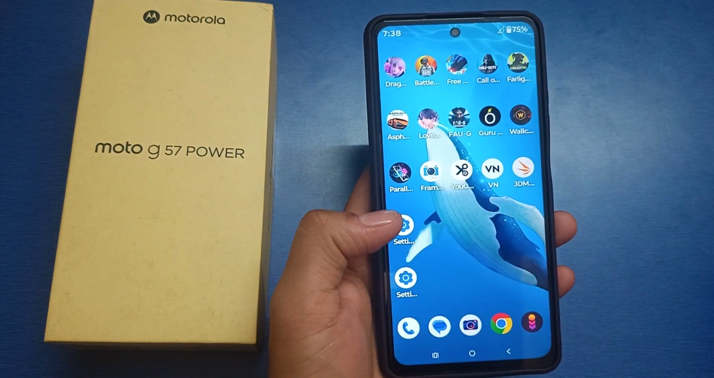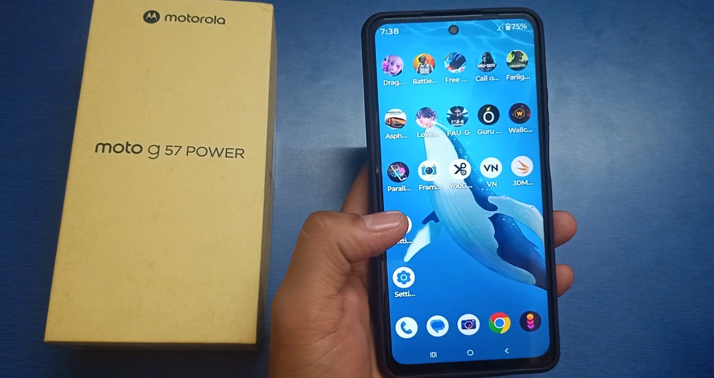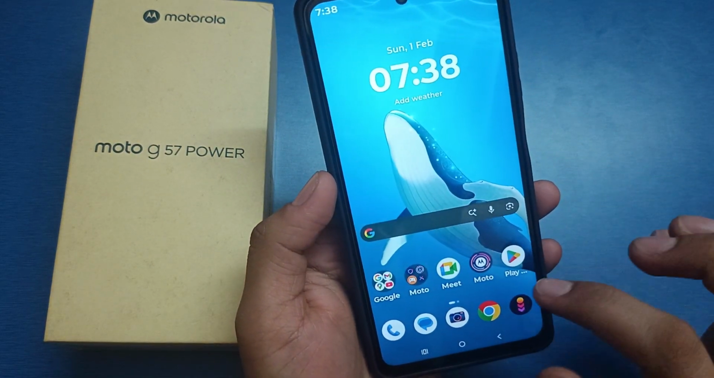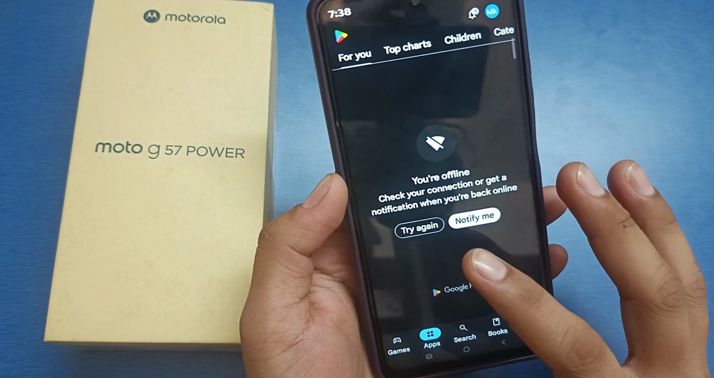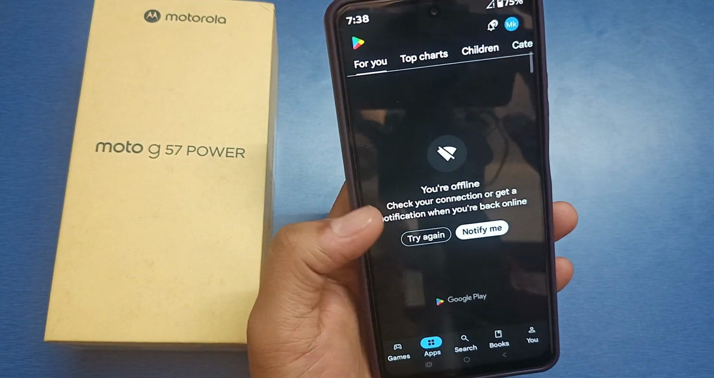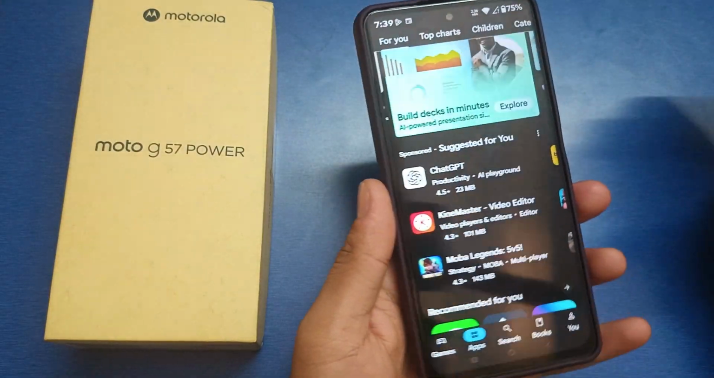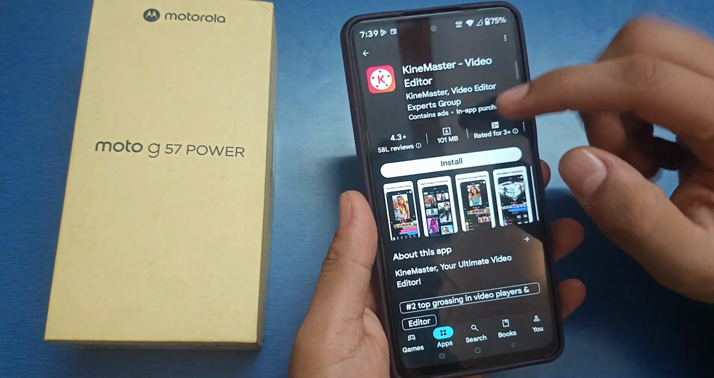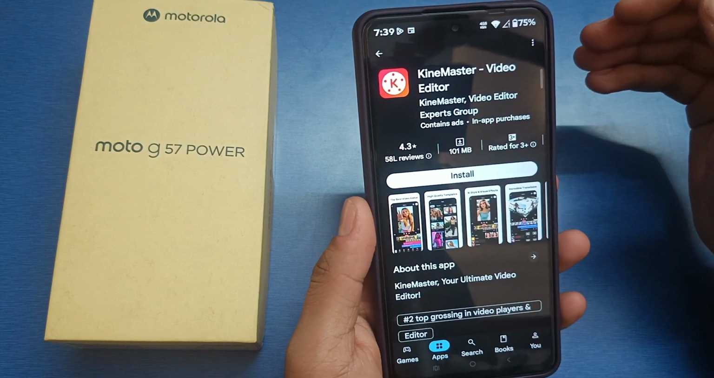In this video I will be telling you about how to fix the app not installing problem in your Motorola smartphone. If you are going to the Play Store, let's first connect the Wi-Fi. So friends, here I have connected the Wi-Fi, and now when you install these applications from the Play Store,